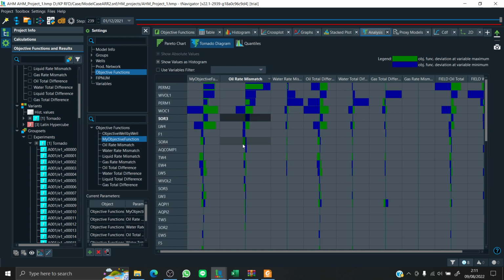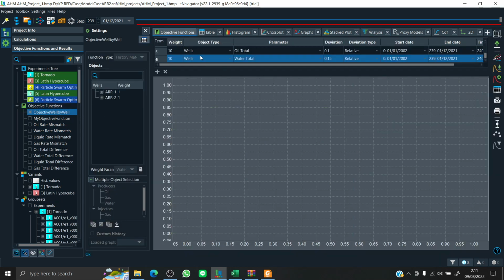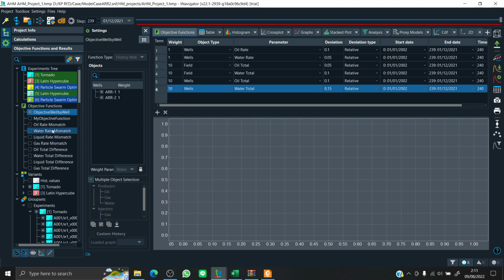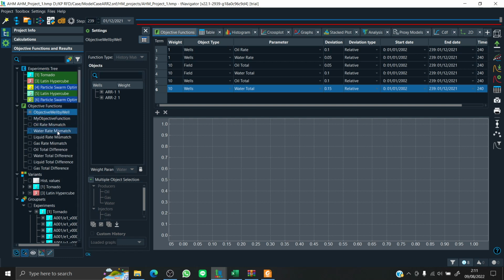Okay, you can also add your own custom objective function. This is my objective function right here. You can see also your own objective function, but the original objective function in the AHM that already exists here is oil rate mismatch and gas total difference.